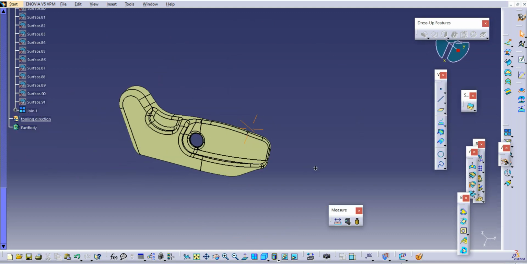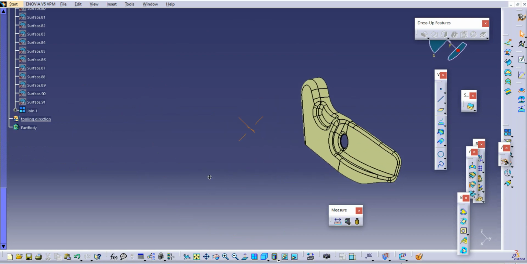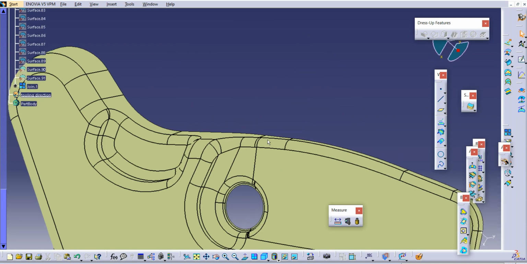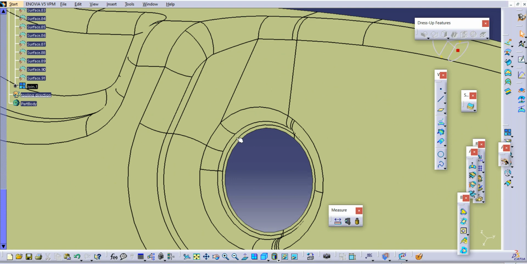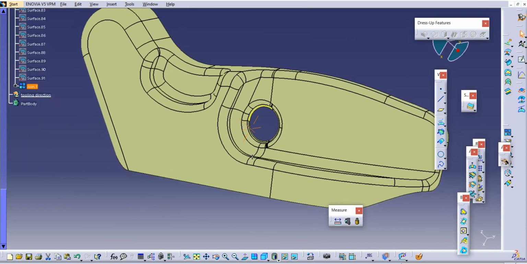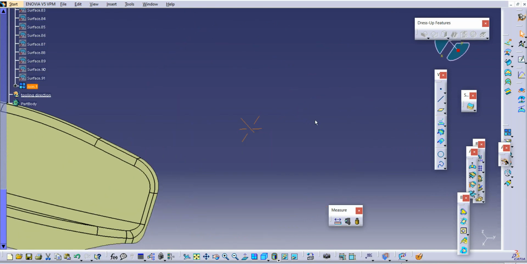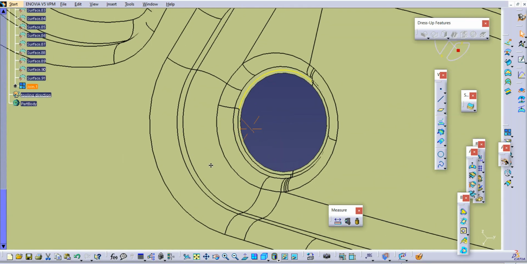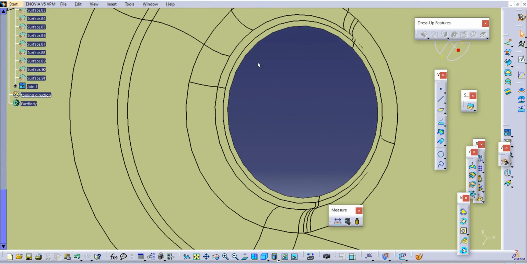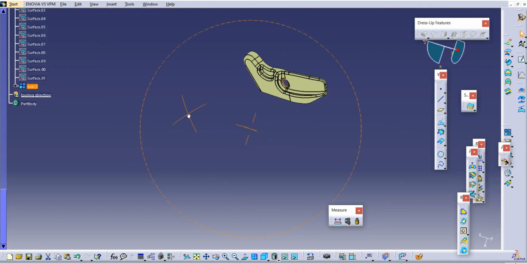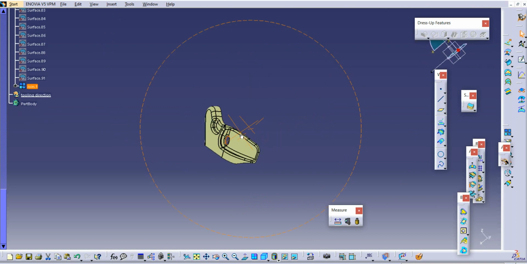Once you got this kind of surface, you need to find the flat area. Where is the flat area? Generally in mountings you can get the flat surface. So class A surface don't have mountings, right? Then this type of flat area you need to find. And before that you need to create one point